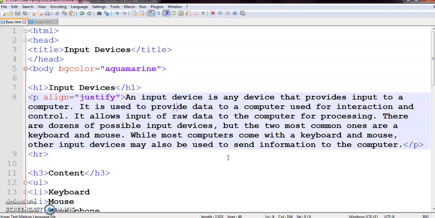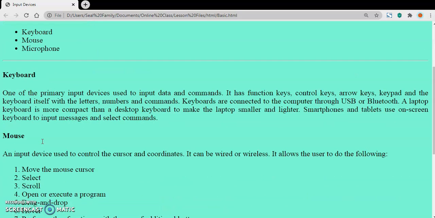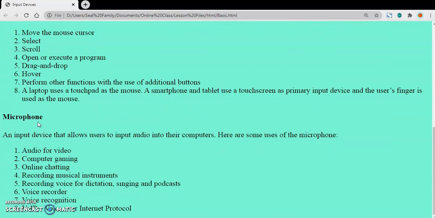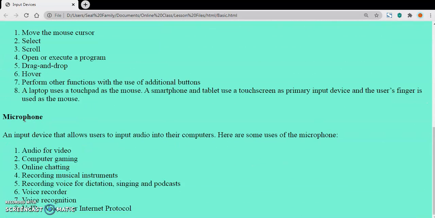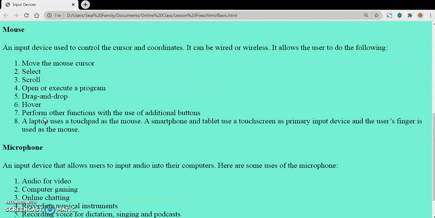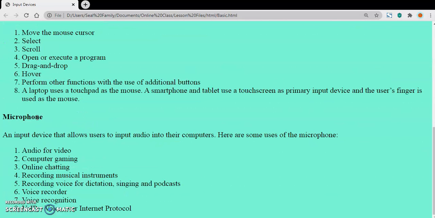So here is the coding part. So suppose we want, when we click on the microphone part, to jump to this microphone here. So our section will be this microphone, and we should create a bookmark around this microphone. So when we click on the microphone from the content, we will directly jump to the microphone. So we will create a bookmark around this microphone, and then we will place a link around here, from where we are going to click and then jump back to this portion.